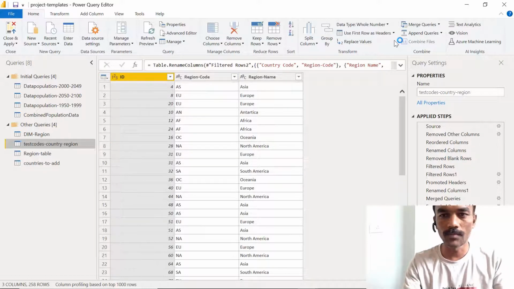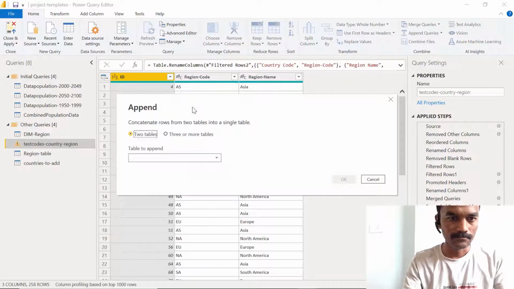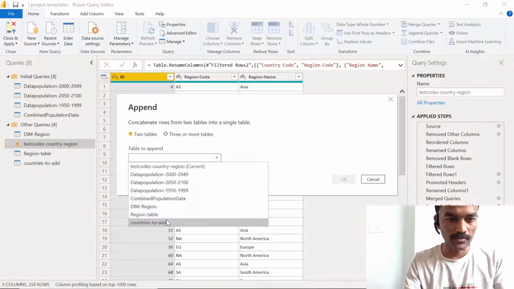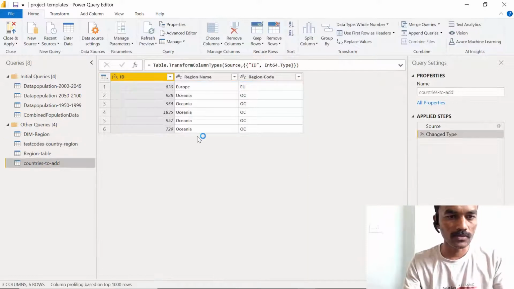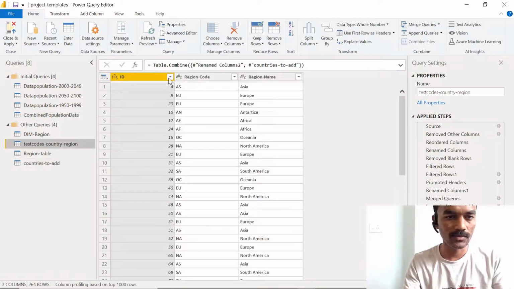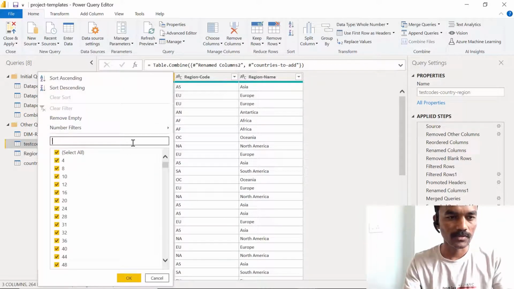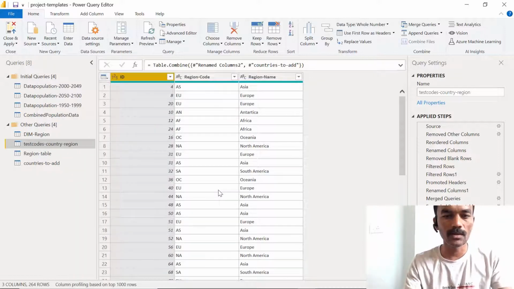Just try to append queries now. Just click on this append queries. Select the table which we need to add and click on OK. Now let's see if, let's say, 1835 is added or not. Yeah, you can see this is added. So that means our append of the tables has been successful.